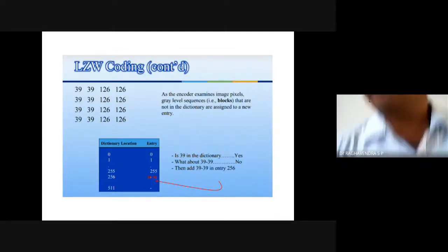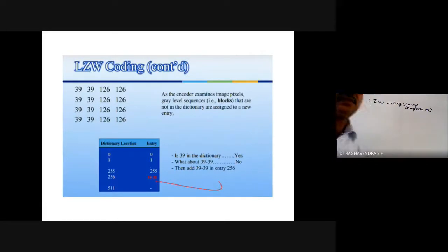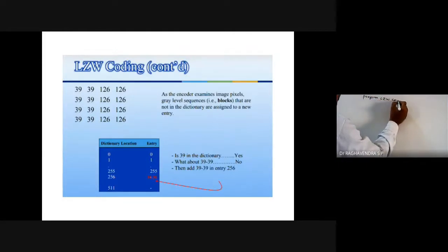Okay, fine. I'm going to take an example now. So all of you take this problem: perform LZW coding on the sequence.